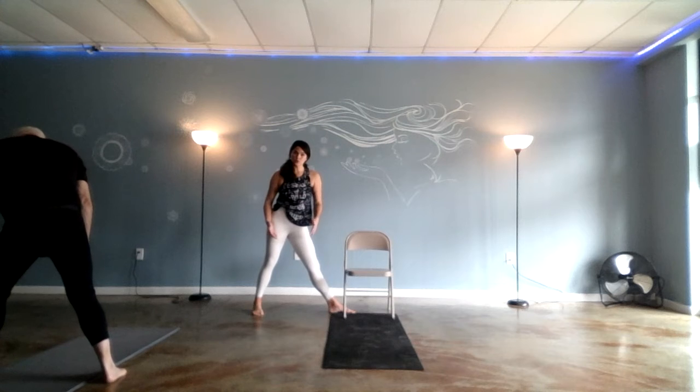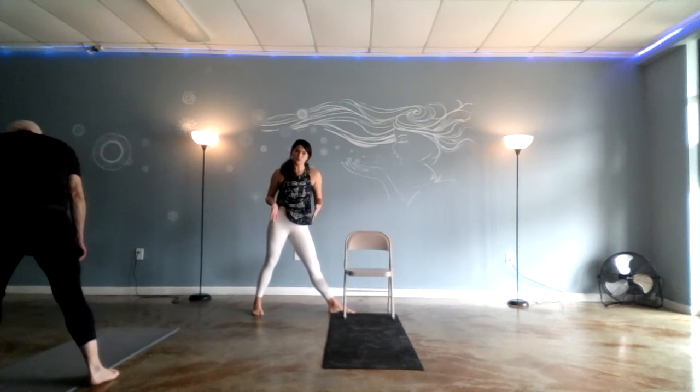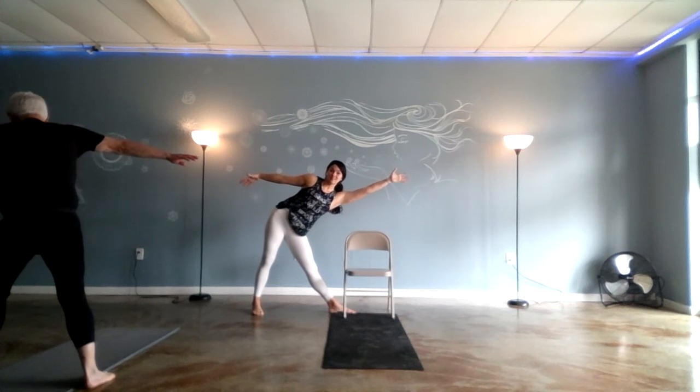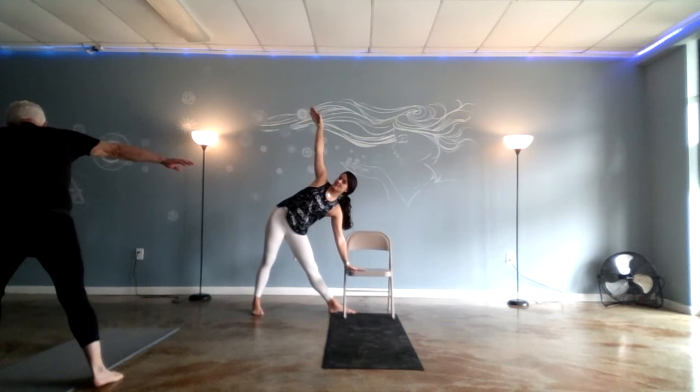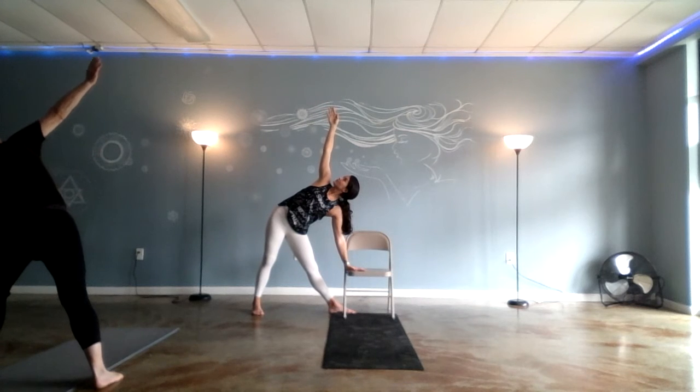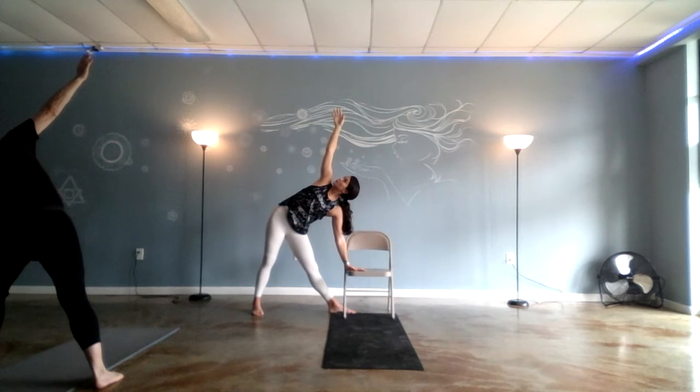It looks like a warrior two setup, but much shorter, and my legs are straight. Coming out long, find some length. Windmill the arms, hand to chair, look up at your thumb. Breathing in through your nose, out through your nose. Try to draw your head, your heart, and your hips into one nice long line for 3, 2,